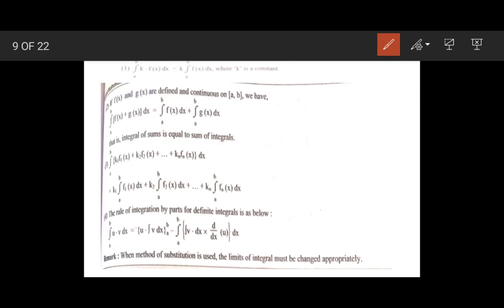And just remember this remark. So when the method of substitution is used, the limit of integration must be changed. Okay, so whenever you are using the method of substitution, at that time you have to change the limit of integral. This is a very important part. Okay,